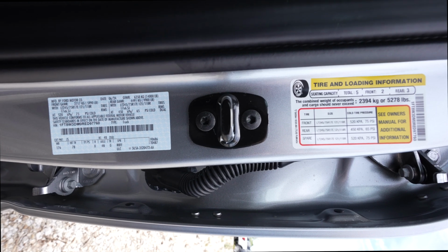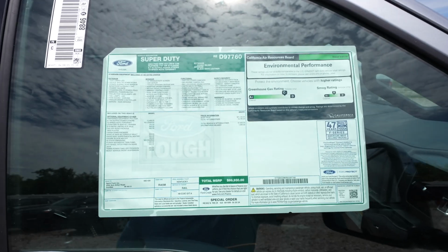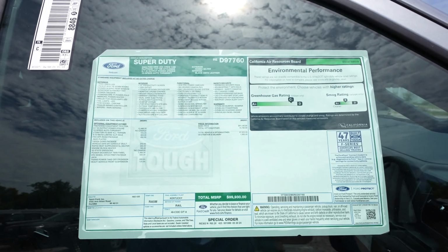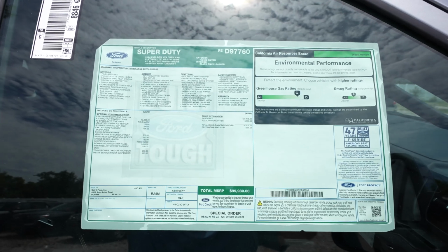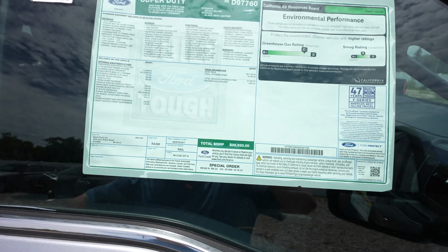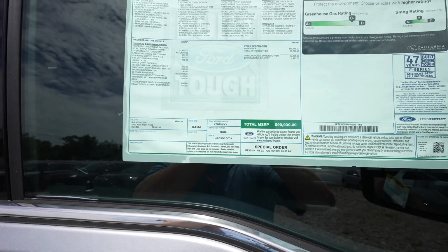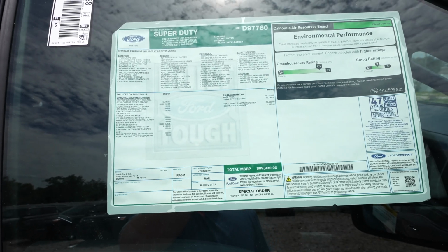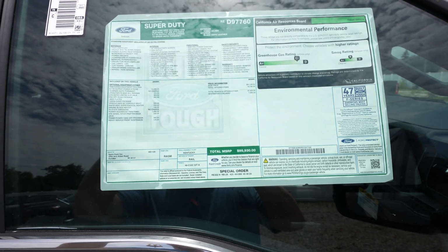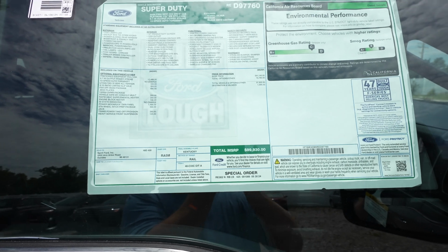Let's take a quick look now at the vehicle Monroney. So here's the Monroney for this guy. Again, it's a 2024 Ford F-350 Platinum with this high output 6.7 and 10-speed automatic transmission. Standard equipment is going to be right here for a base price of $81,145. Being a Platinum, it is going to have a decent amount of features over, let's say, a Lariat or an XLT. Most notably, your optional equipment is going to be the high output 6.7 for